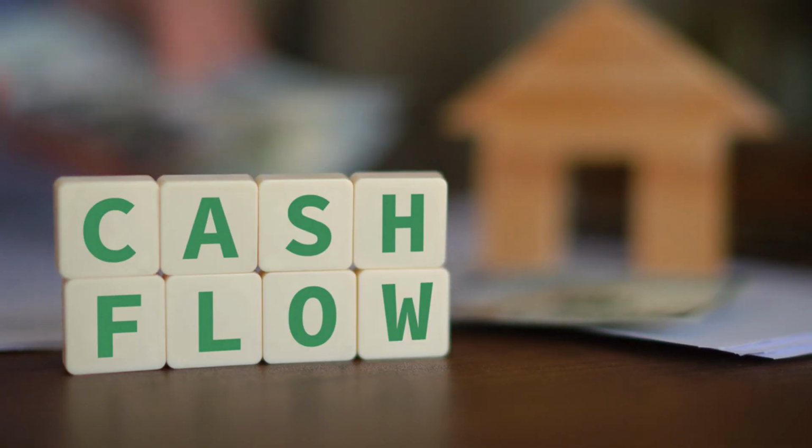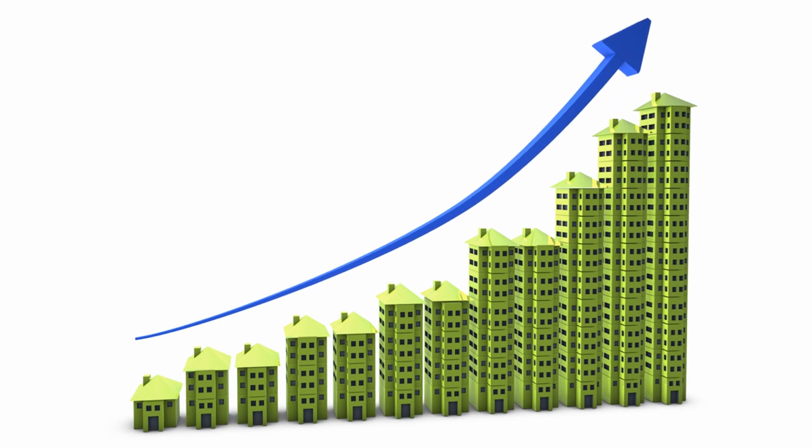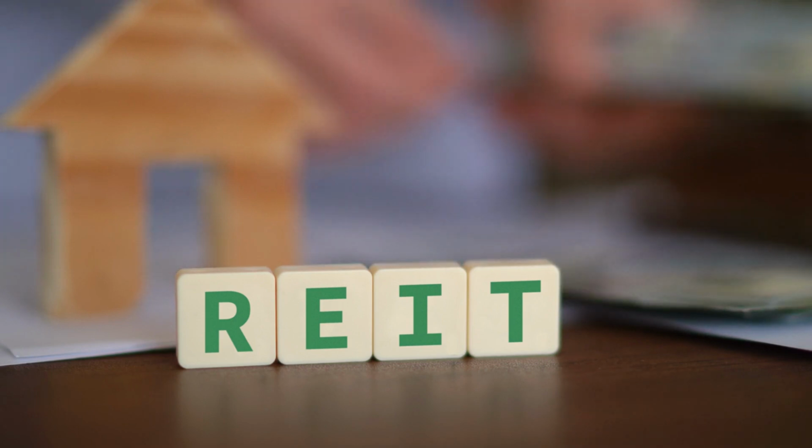Rental properties can provide a steady cash flow. The National Council of Real Estate Investment Fiduciaries, NCREIF, reported that private real estate returned an average of 9.85% annually over the past 25 years. You can also invest in real estate investment trusts, REITs, which pay out at least 90% of their taxable income